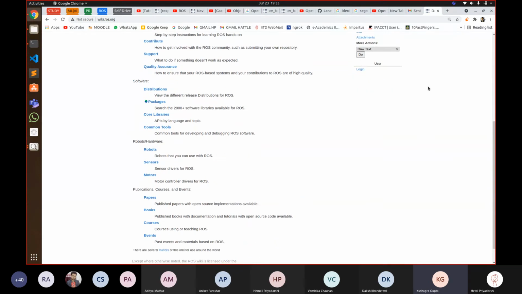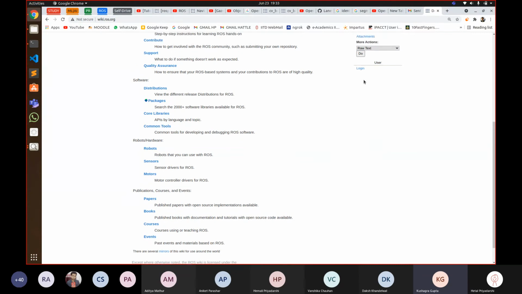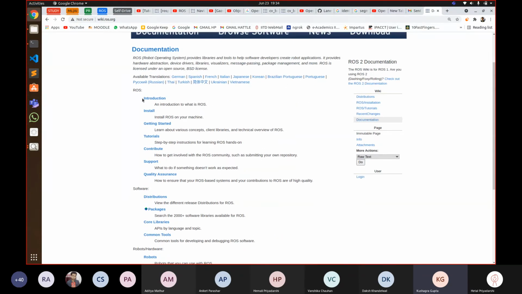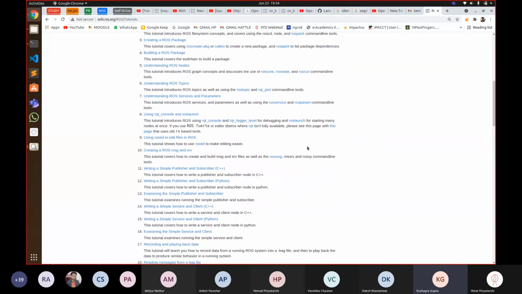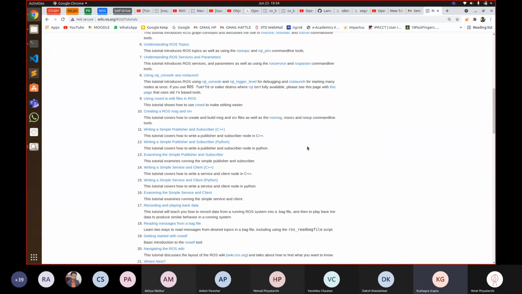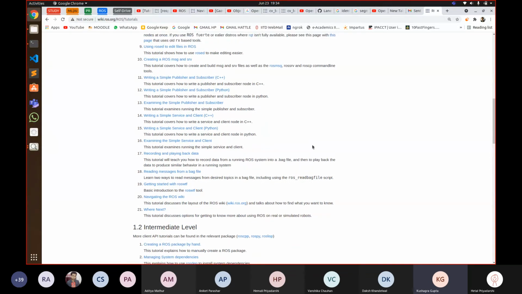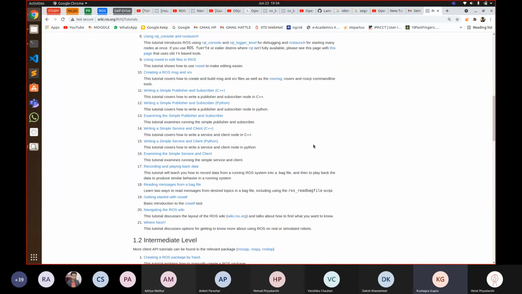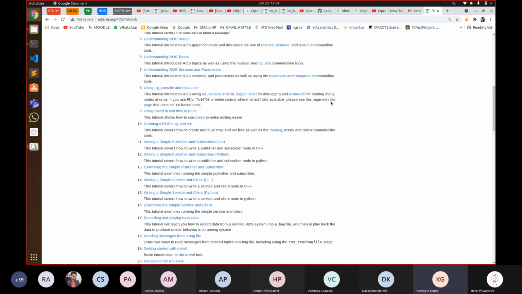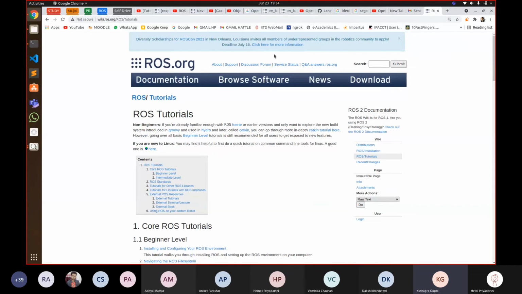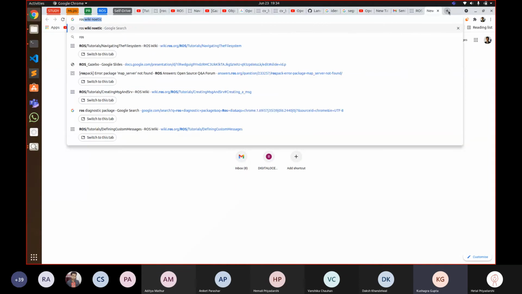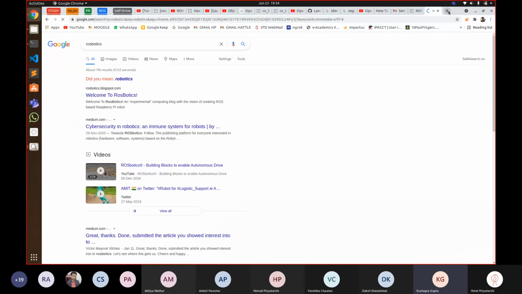After that, under getting started, you complete whatever is there, and you click the tutorials. You'll run through the beginner level tutorials, the core ROS tutorials. You do not need to write the code from scratch. You can simply copy paste the code. We don't have any problems with that, because that's what everybody does. What you need to do is understand what you're copy pasting, because these are building blocks. If there's a for loop, you should know what the for loop is doing. These are the basic building blocks you will need for any sort of ROS application that you build.